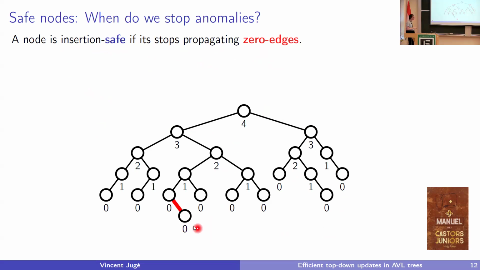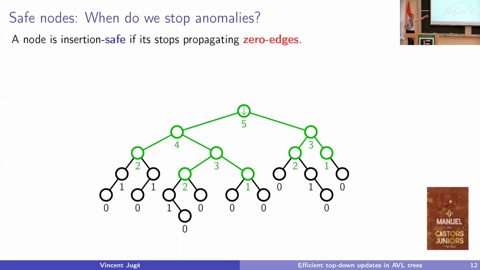So imagine I want to insert some leaf here. And now if I try to apply even my enhanced insertion algorithm, I just need to increase the rank of this node. Then I have propagated my 0 edge. I continue up. So now here I have a node of rank 5, but here I recognize that this node is hollow by looking at this fragment of my tree. And so it's hollow, so actually my operation was terminal.